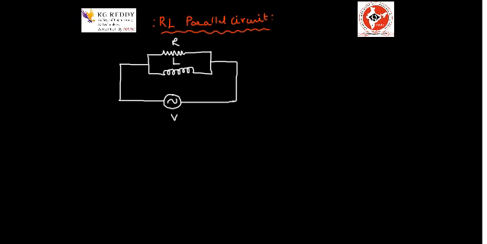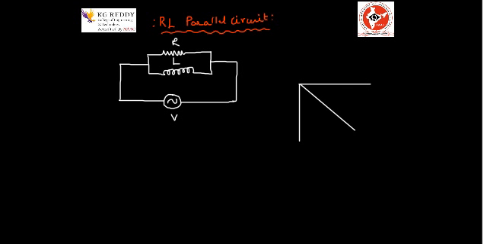Now if you see the phasor diagram, we have already seen the RL series circuit phasor diagram, when both are connected in series, there will be a lagging. So if you see the phasor diagram, I am taking V as a reference. Because of inductance we will get the current lagging, so in between we will get this, my resultant.